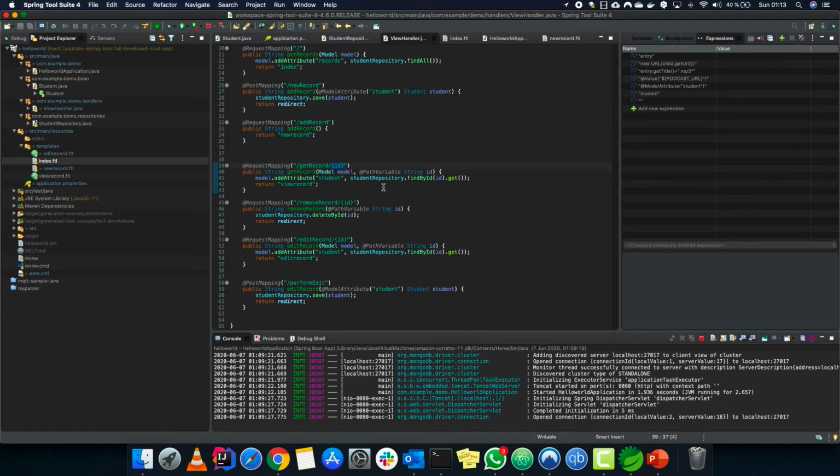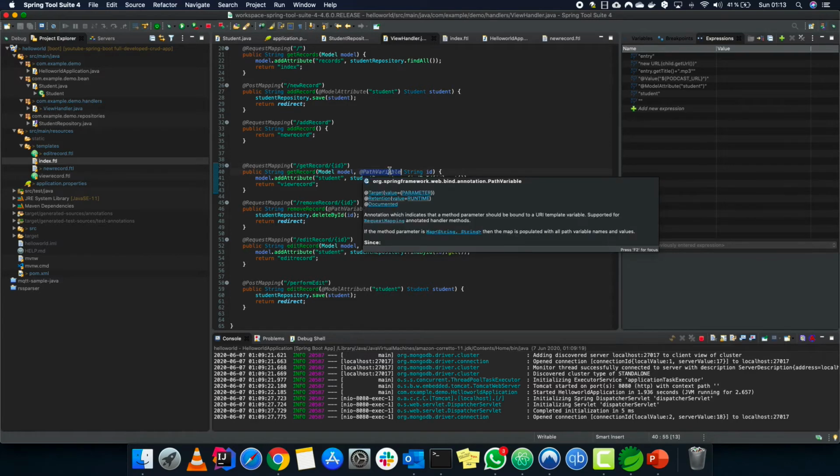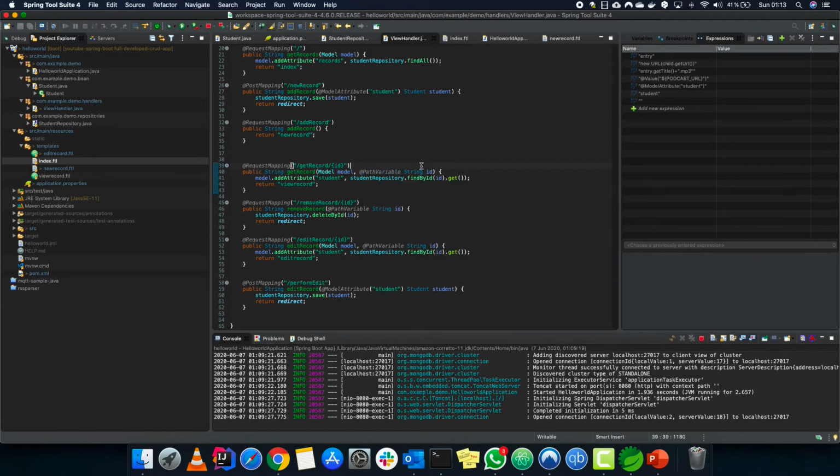We know it is named as ID, but how do we assign that ID to a variable? So now when this get record method is called, this particular method runs at this particular mapping. This path variable does what we need to be done.